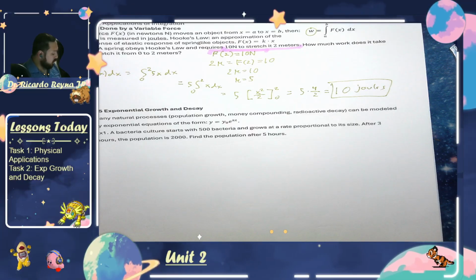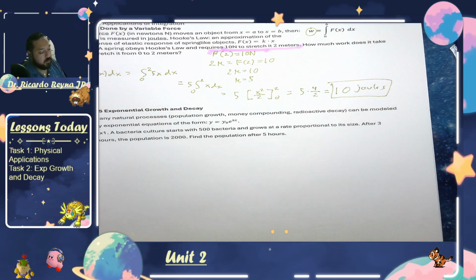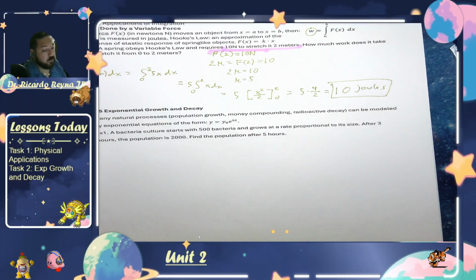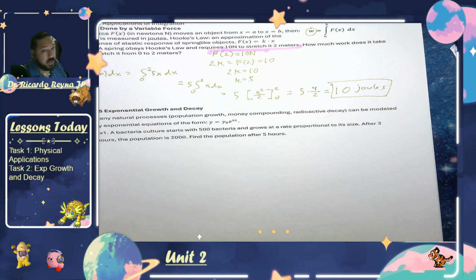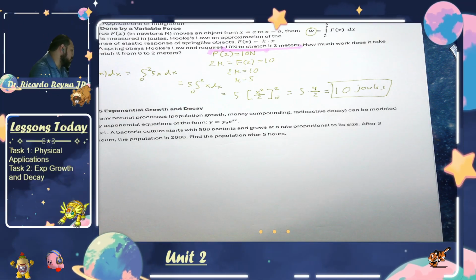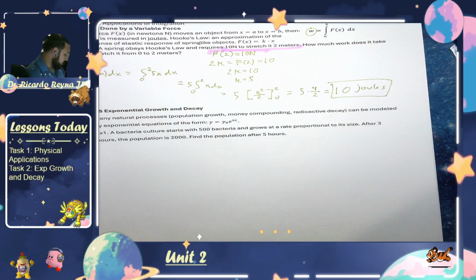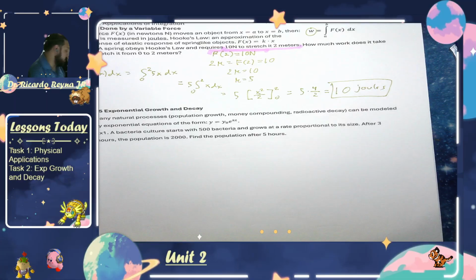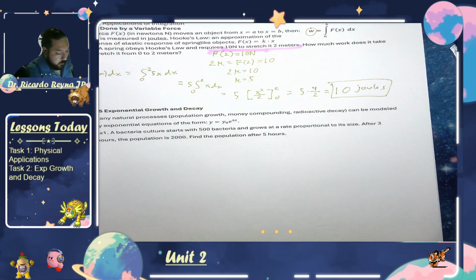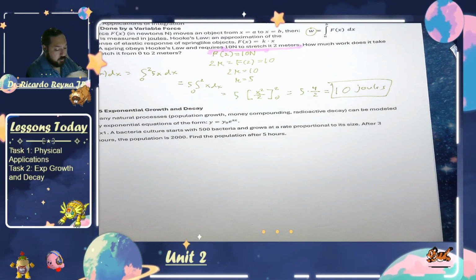Now, I'm going to tell you right now that I am probably going to pick at least one problem from 2.4 or from 2.5 to appear on your exam. So don't think this is gone. I'm definitely going to pick one of these two application scenarios to appear on your exam tomorrow. So don't count it off just yet. All right, so let's move forward to 2.5, exponential growth and decay. Many natural processes,